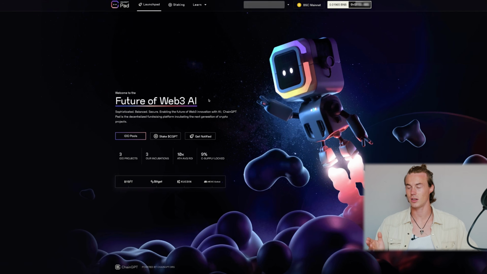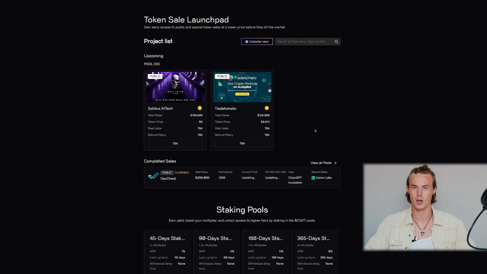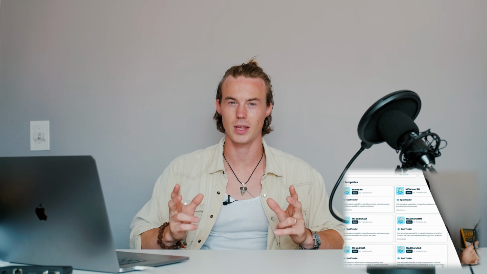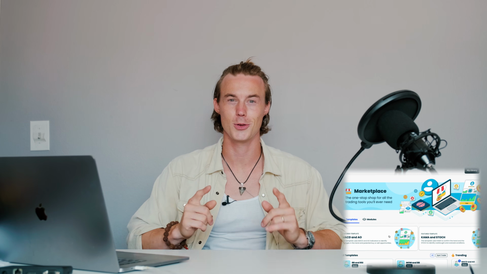So as you can see here, and you might already know about this because you've been following ChainGPT, this Launchpad is relatively new. So there are only a few projects that have already incubated through the ChainGPT Launchpad, one of them being DexCheck. And then there are some more projects that are coming up, such as Solidus AI or TradeTomato. And if you check out some of my previous videos, I've actually introduced all of these projects in separate videos, and you are more than welcome to check them out and do a little deep dive into those projects,